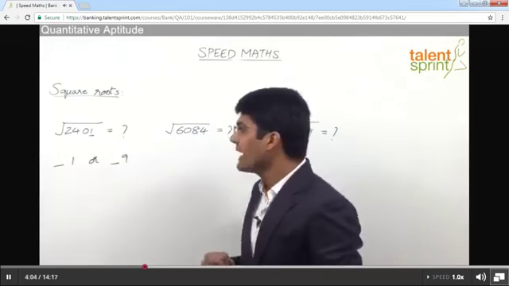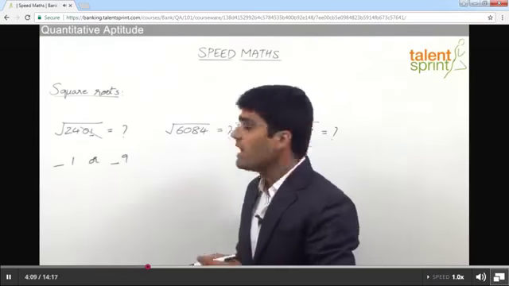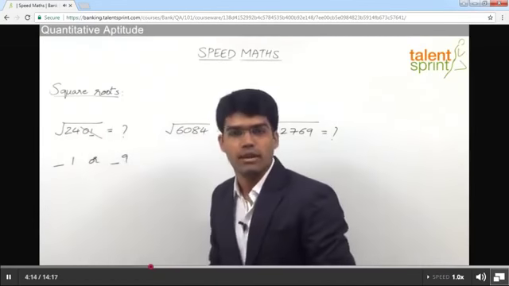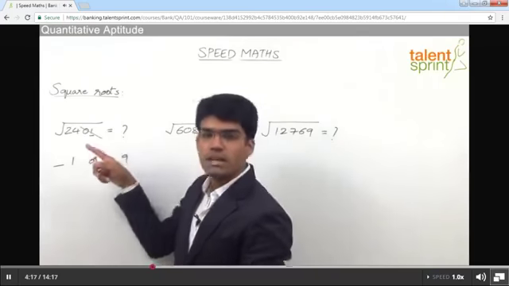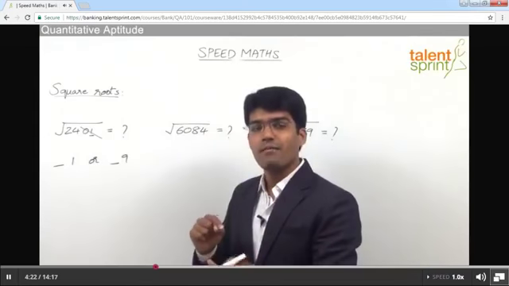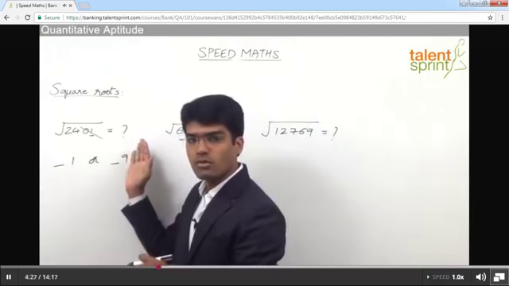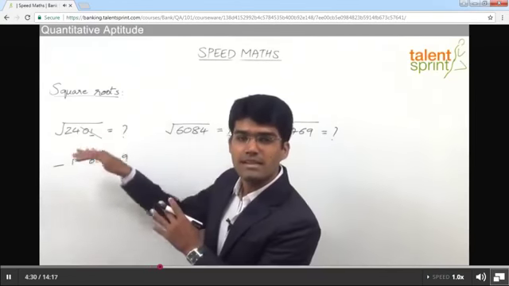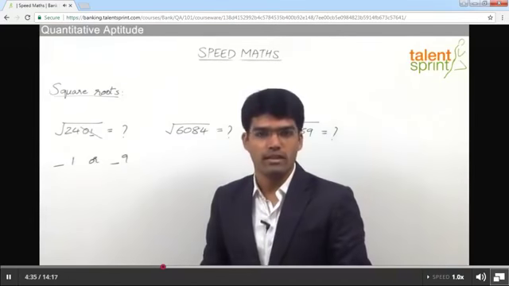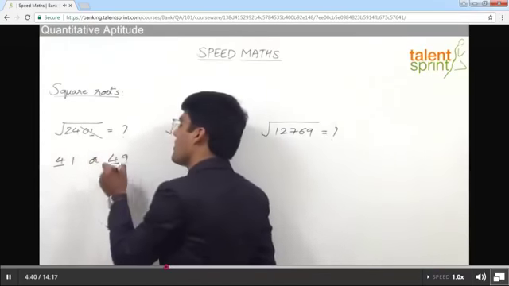Now the second step here is to leave the last 2 digits. Remember, always leave the last 2 digits. Now we need to find that number which is immediately less than 24 and a perfect square. So what is a number which is less than 24 and a perfect square? We know that it is 16. Why? Because 4 square is 16, 5 square is 25. 5 square, 25, is more than 24. Remember, we always have to go on the lesser side. So the number immediately less than 24 and a perfect square is 16. 16 is nothing but 4 square. So that 4 will be the tens place. So that is the second step of the procedure.